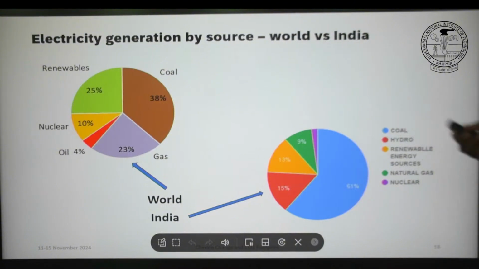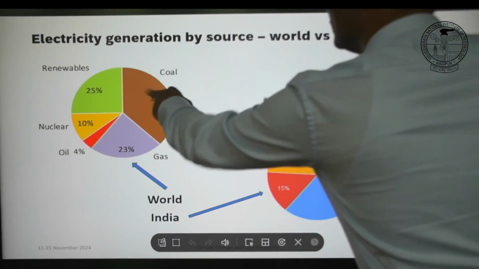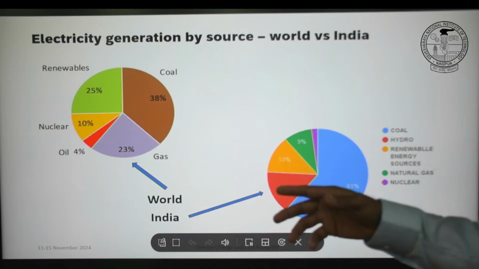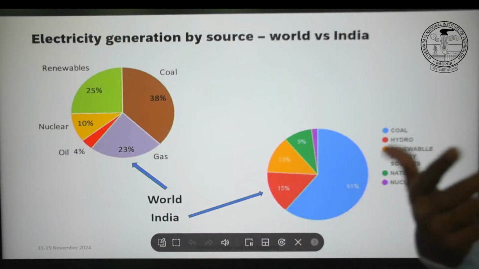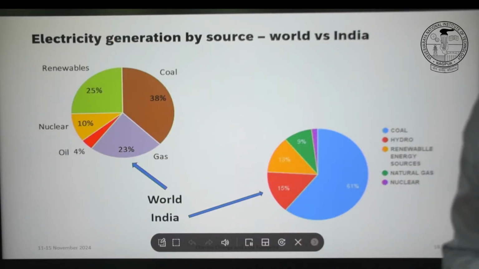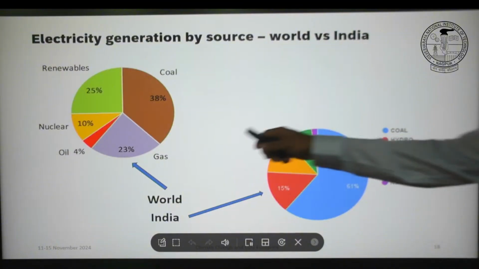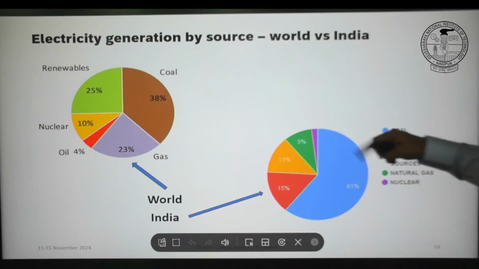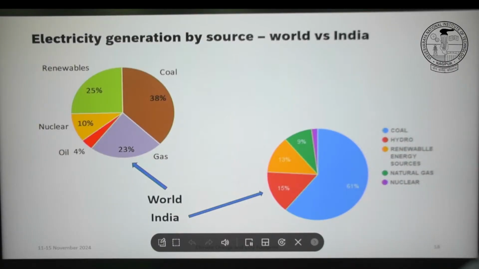You could also see the difference in renewables. In many countries, they also started earlier. They also had money to invest. We'll see in coming slides, going green is not cheap. It costs a lot of money. So they had the money, so they could invest more in renewables earlier. Our fraction is still low, but